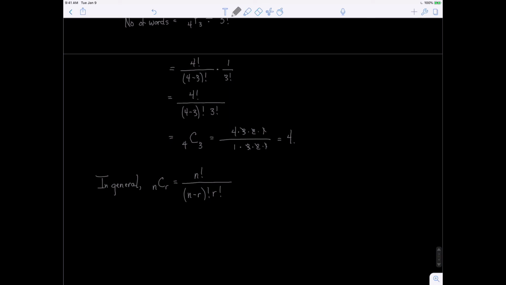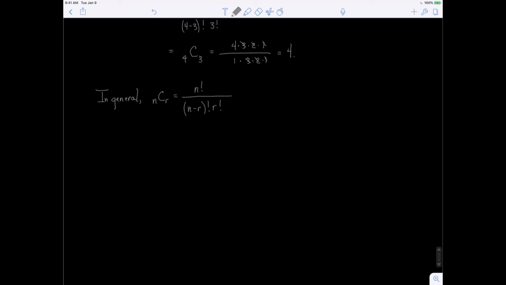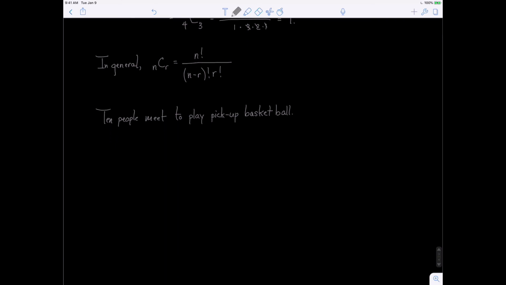All right, let's try one more example here. I think we have time for that. How about this? 10 people meet to play basketball. Now we're going to make this very clear. We're going to call it pickup basketball. Doesn't have quite the structure. So the order of your position doesn't matter. Now some probably would argue it does, but for this example we won't let it. So in other words, if I want to figure out how many different teams